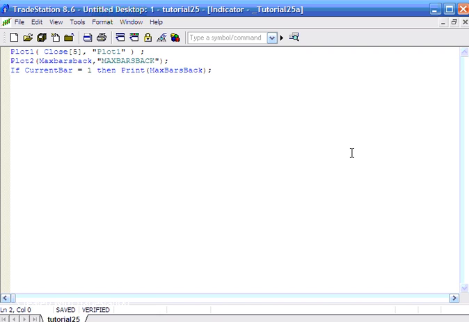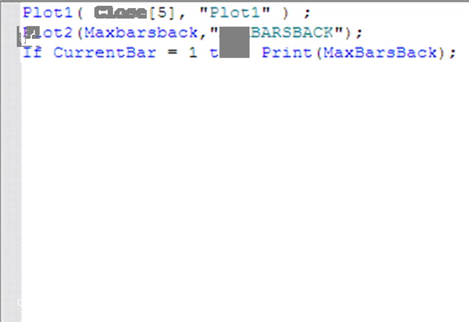And in this tutorial we're going to be looking at Maxbarsback and the load additional bars that you get in Radarscreen, and why sometimes indicators applied to a chart give a different value from the very same indicator applied to Radarscreen. So to start off, I've created a very simple little indicator here which plots the close of the bar